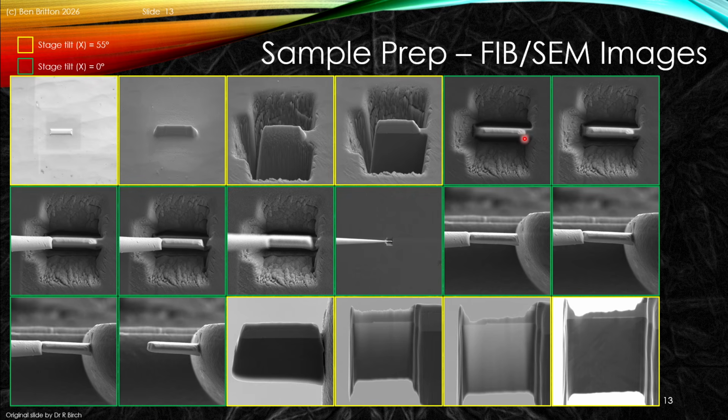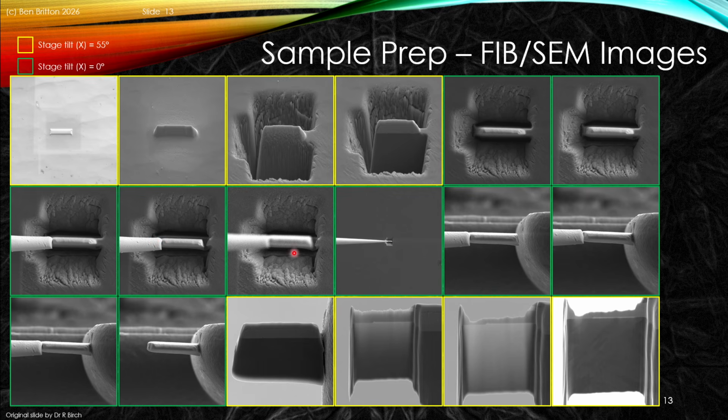We've then rotated it to the top and we've done an undercut. You can see just about the undercut appearing in here. So the sample is now relatively free. It's called the J-cut part. And then we introduce a nano manipulator. We weld the manipulator onto the sample, and we cut free the sample, so the sample is only